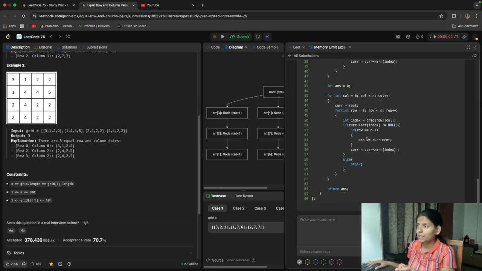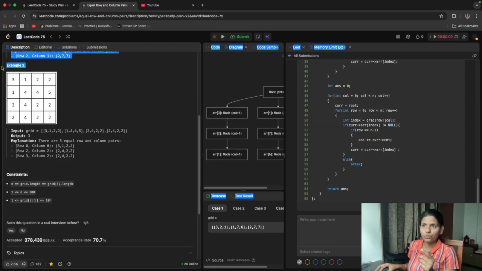As I'm checking a column, first I made every row's tree, like in example number 2 we have 3 1 2 2 1 4 4 5 2 4 2 2. I made a tree for these.